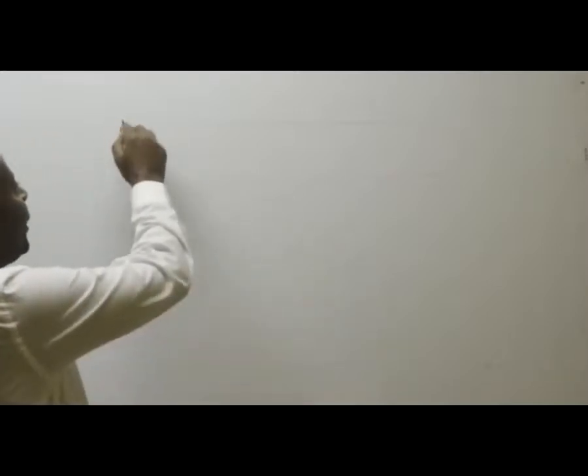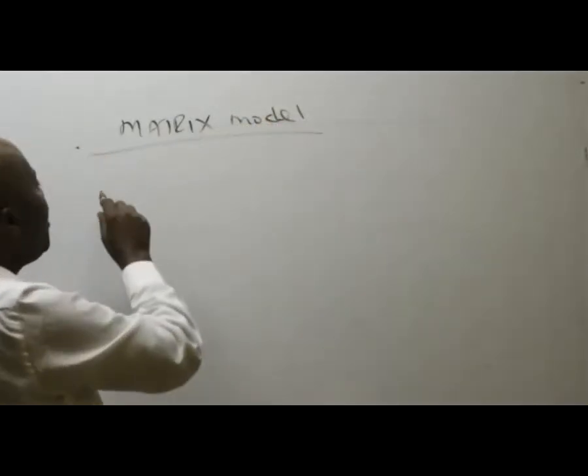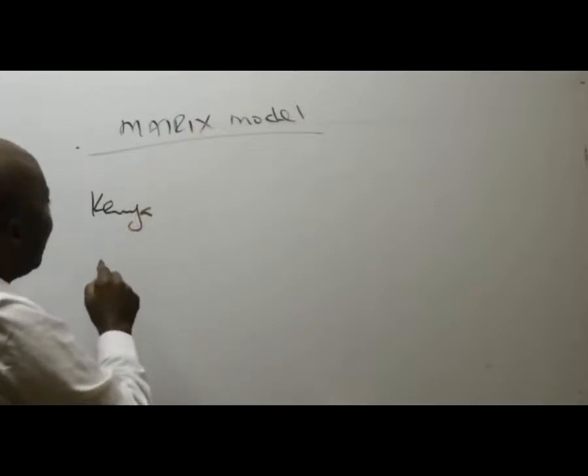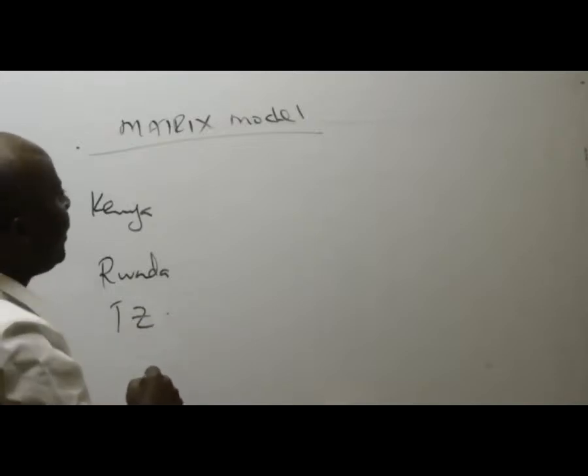And if, for example, they are running, especially these regions, you know, at times when they're expanding, they treat regions as if they're projects. If they decide to treat regions as if they are projects, then at times at the preliminary stages, you could recommend this complicated model, the matrix model. So under the matrix model, please take your regions as if they are projects. So we have here Kenya. We have Rwanda. We have Tanzania, etc.